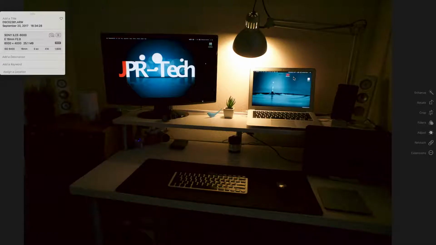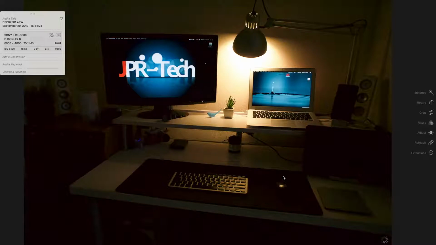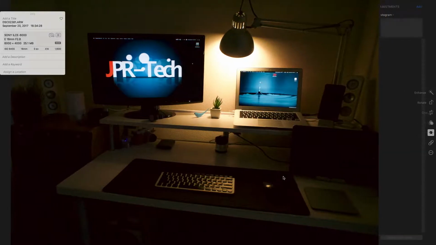So here we have an image that is shot at ISO 6400 in RAW, and this is in a very dark room. I shot at 1/500th of a second, and yeah, it's pretty grainy, right? So I'm going to show you how to tone down the grain a little bit, but still keep the good realistic colors and sharpness. So head over to the editor's tab by hitting Enter, then we press A to go